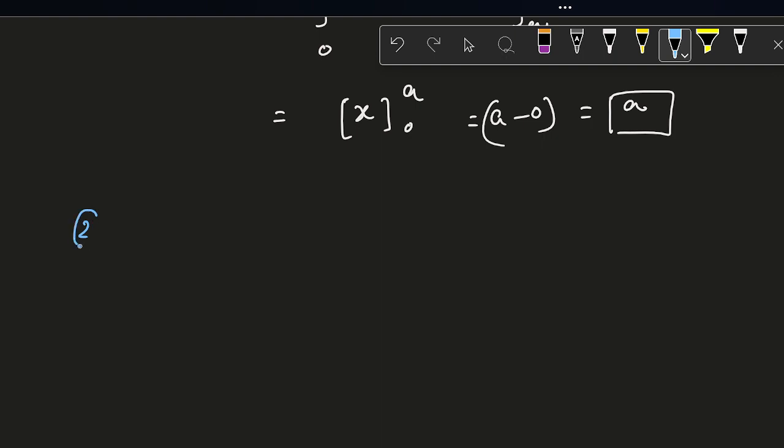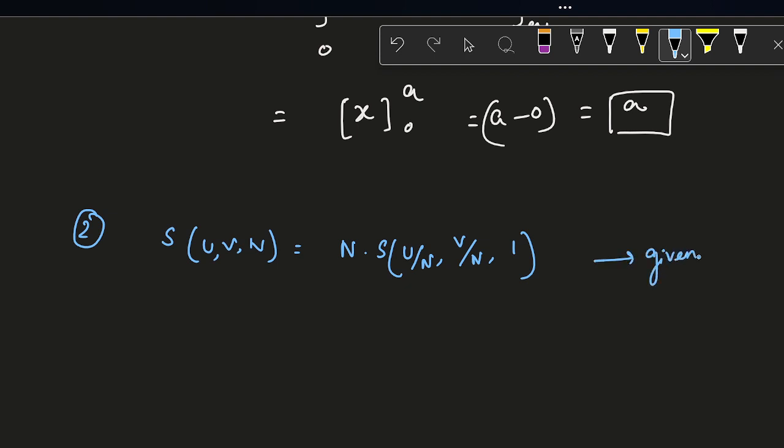Okay, so this is our question number 2. First of all, you have been given an entropy that is a function of U, V and N, and it is also provided that it is equal to N times the entropy function of U by N, V by N and 1. So this is given or defined to you. Now to check,